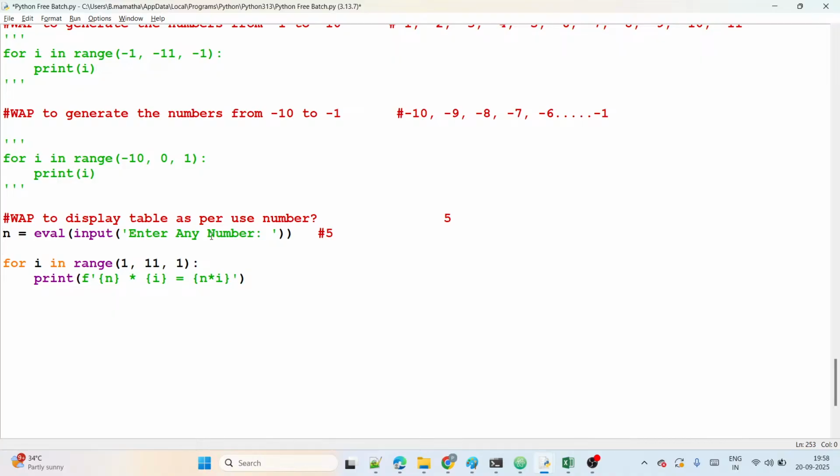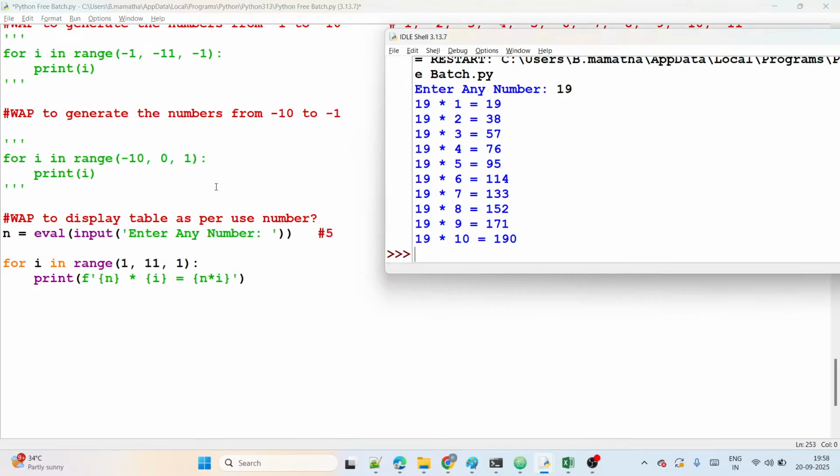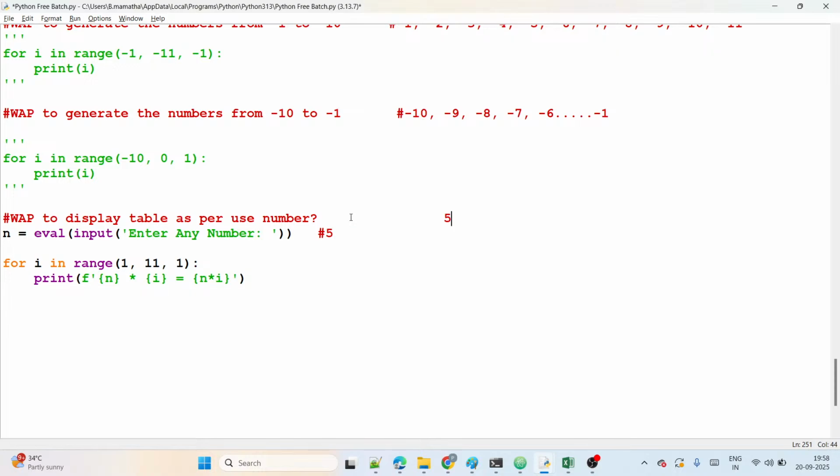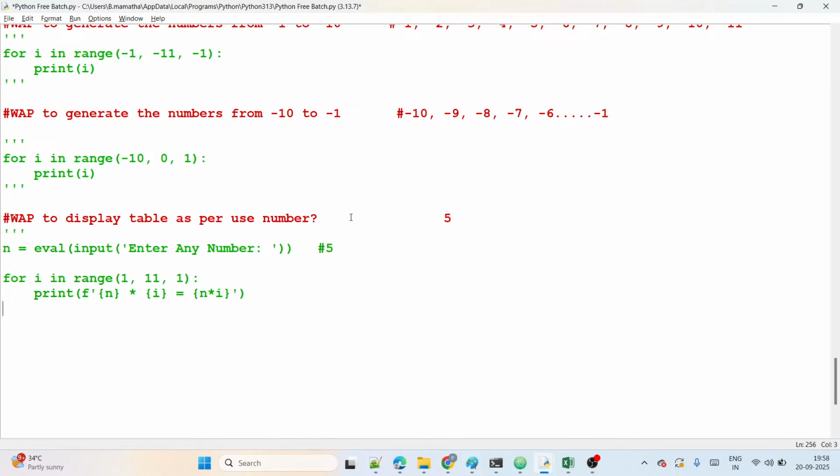The real uses we will see in the coming days. And in the beginning I told you, I want to display Hello NTH, suppose, 100 times. Simply, I think now you can do it very easily, guys. Simply for i in range of, I am giving 100. I want 100 times, so I give 100. Then print what I want to display here: Welcome to